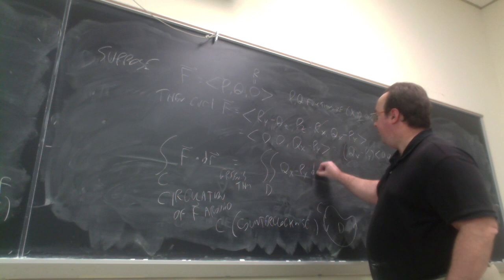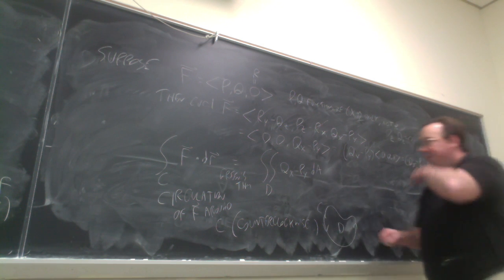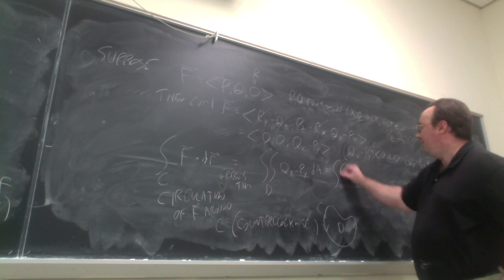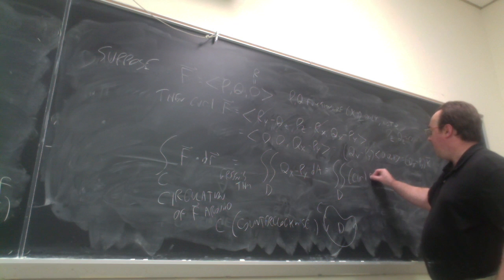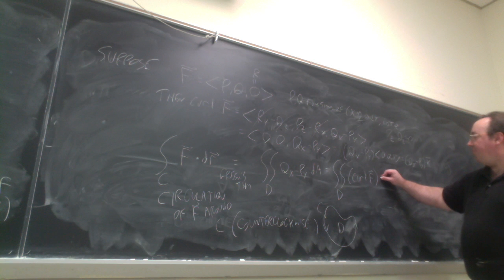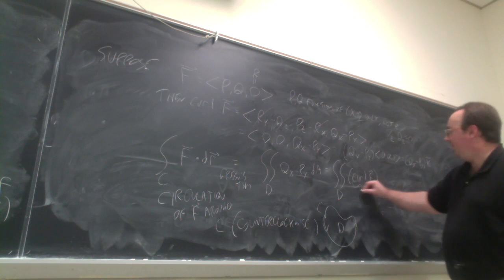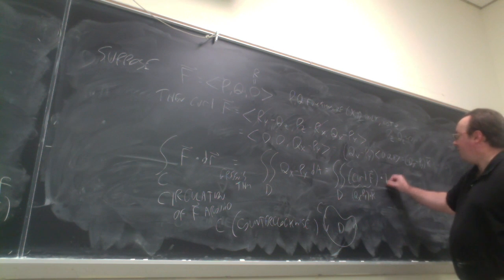That's just what Green's theorem gives. But another way of looking at that is the double integral over D of the curl of f dA, which is the same as qx minus py times the vector k, dot product with k,